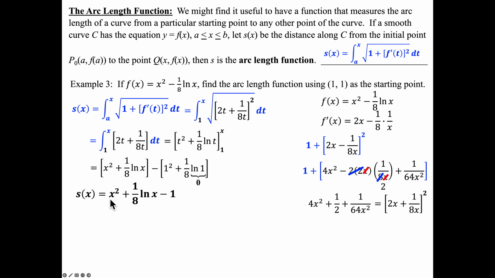So what does that mean? Does that mean I can pick any x on this curve? If I want to pick a 5, put 5 in here, simplify, combine any like terms, that's my exact value. If I want to go out to 10, put 10 in for the x's. If I want to go out to 50, put 50 in. As long as you're starting at the point 1, 1, I can go out to any x to the right of 1, 1 that I want, and it will tell me the length of the arc. And that wraps up our